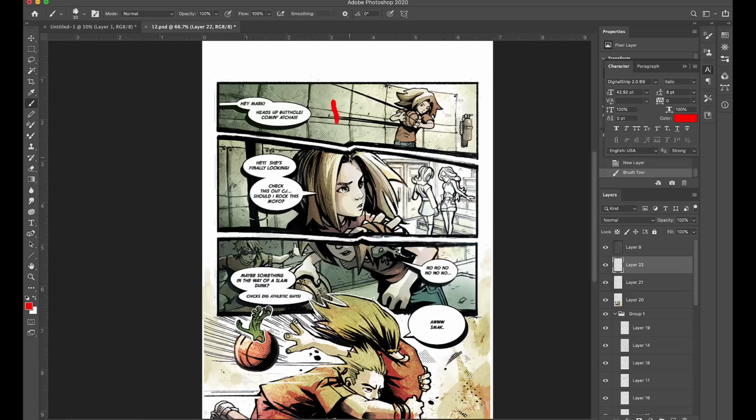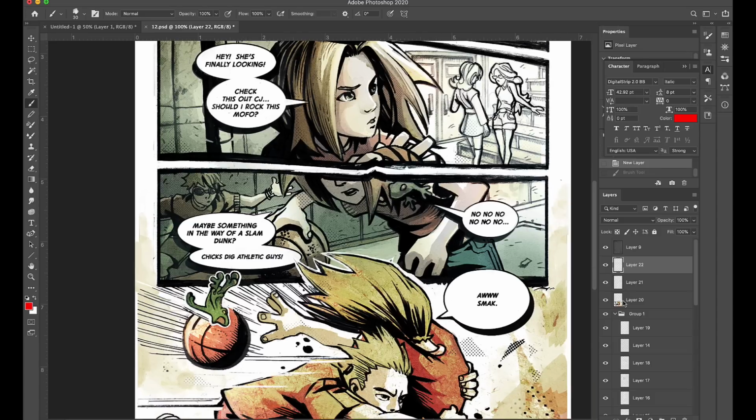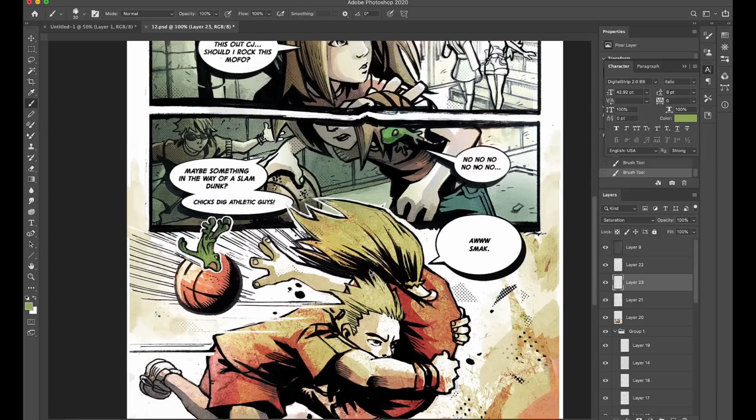So we've got panel 1, nice, heads up, coming at you. Panel 2 has good flow, he looks off to the right, sees the girls, got to do something showy. Yeah, that's cool. Maybe I want to get in there with a little saturation on CJ's face so that we really see him. I don't want things to look muddy, you know? So let me do that real quick. I'm going to create a little saturation layer, and then we'll do a little bit more green on him. That'll pull some attention to him. And then we see maybe something in the way of a slam dunk. Chicks dig athletic guys. We did break the panel, but it kind of works okay